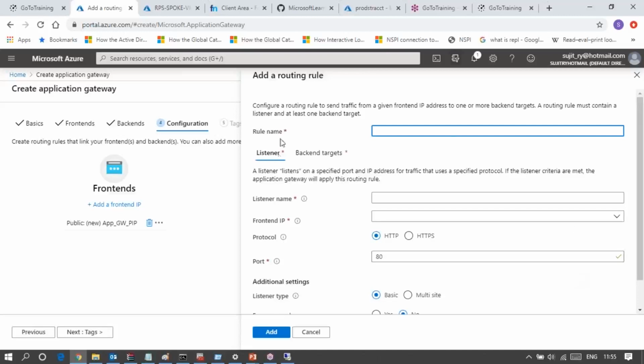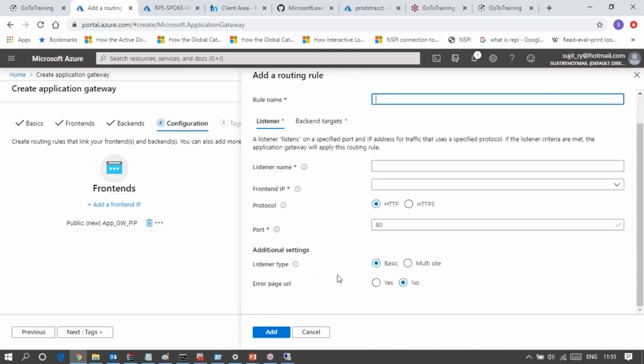So there is a rule name that we will provide. You have to create the listener. Front-end IP address, already mentioned, I will just choose. Protocol: what protocol I want to use for my rules as a front end. Port number, additional settings for the listener, basic or multi-site. If you have multiple sites, you have to choose the listener in that way.